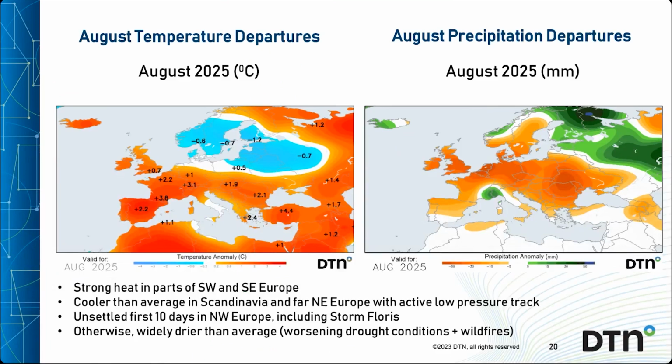August was warm or hot across most of Europe with notable heat and dryness across parts of eastern, southeastern and southwestern areas, with drought conditions exacerbated. The exception was an area from Scandinavia into northeast Europe, which was wetter in parts and cooler with some troughing